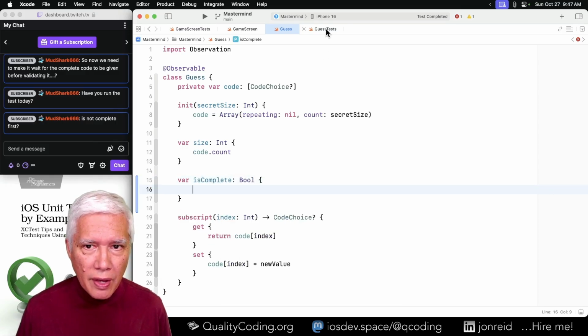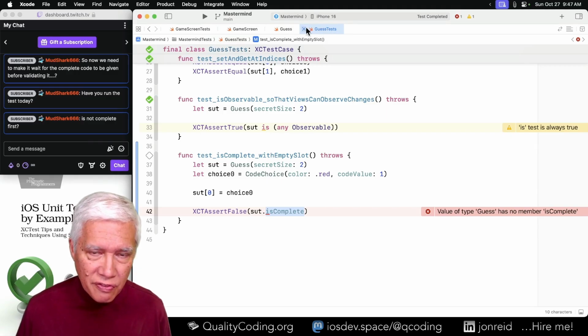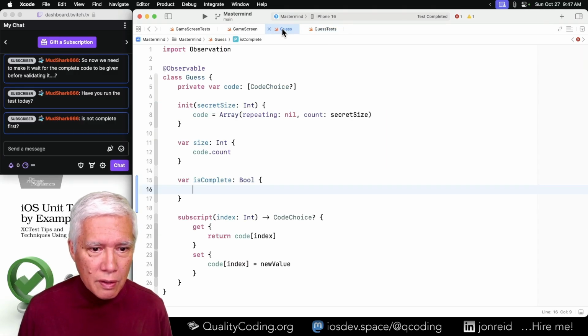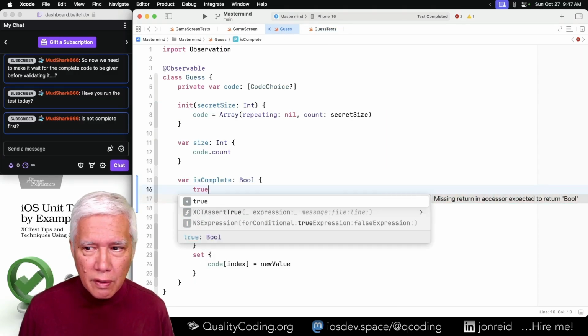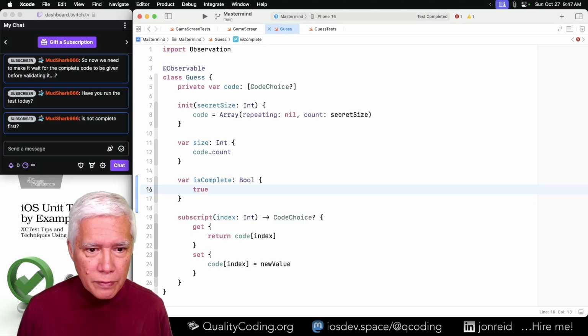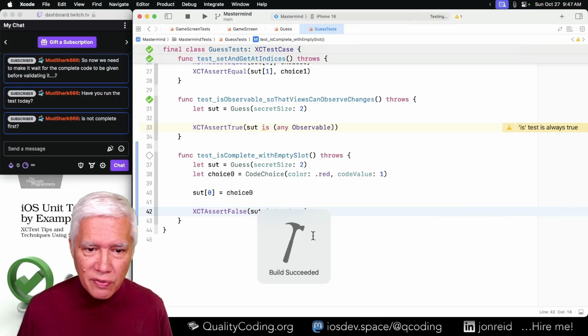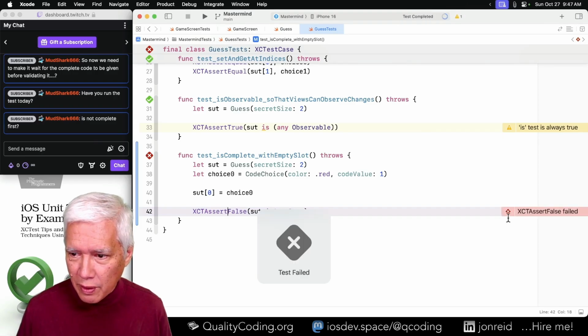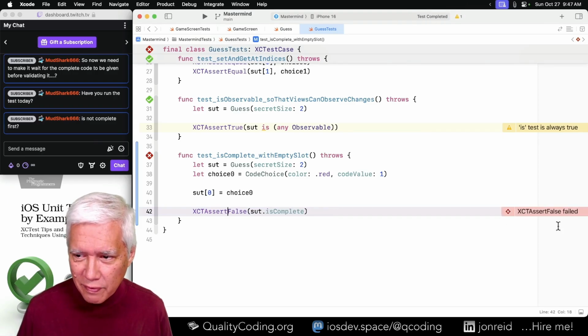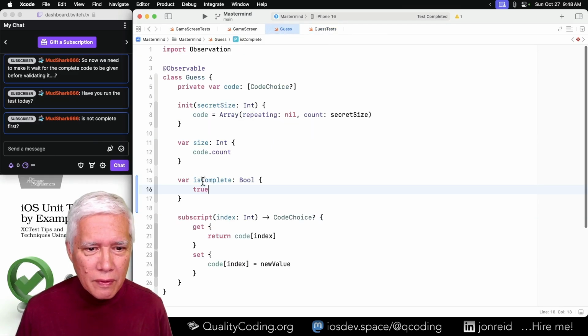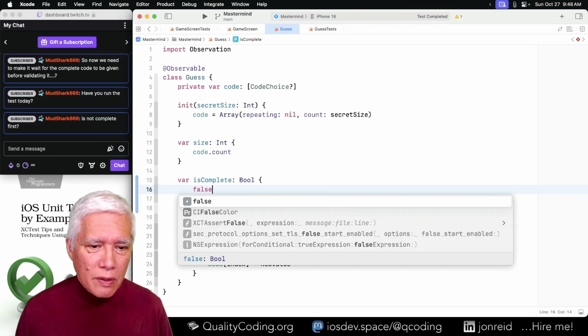So let's do that and get it to fail. That should fail, saying true is not equal to false, or expected false, but was true or something. It's good enough. Great.